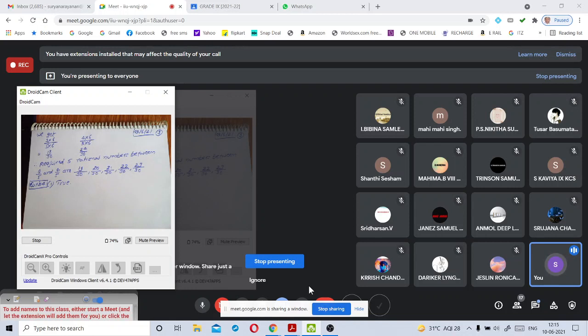Give the reason. Sometimes they will ask you to justify your answer. Both denote the same. Justify your answer or give a reason for your answer. What is the reason here? Because